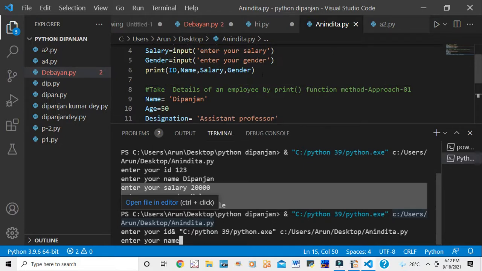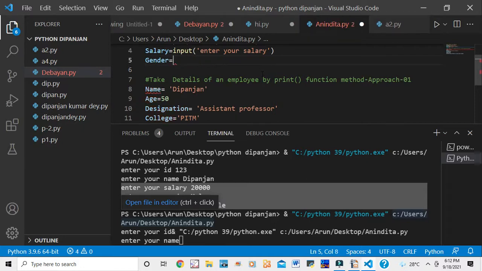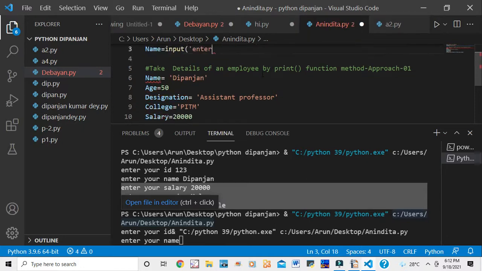This part I'm just deleting, the previous part. Details of an employee, yes. This part I am deleting, then it will run. The first program I am deleting now. Take the details of an employee by print function method approach one. Name, age, designation, assistant professor, salary is this.